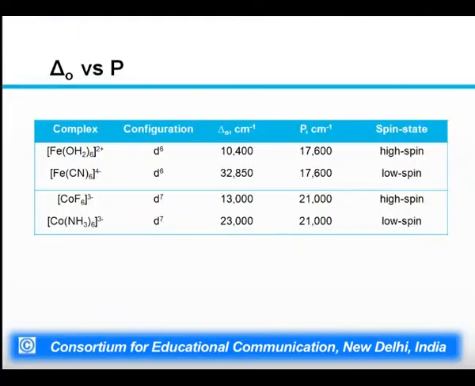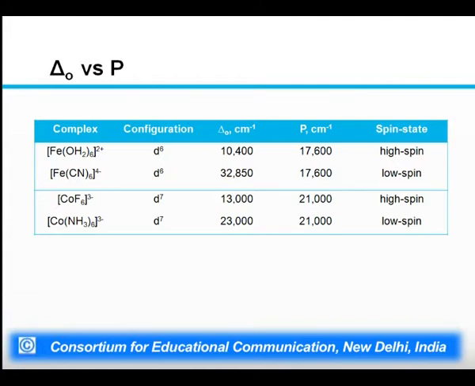Now, this slide shows you the spin states of two complexes of the same metal ion in the same oxidation state and the same coordination number. The only thing that is different is the ligand. Because of the ligand, the value of del naught changes. When the ligand is water, the value of del naught is 10,400 centimeter inverse. When the ligand is cyanide, the value of del naught is